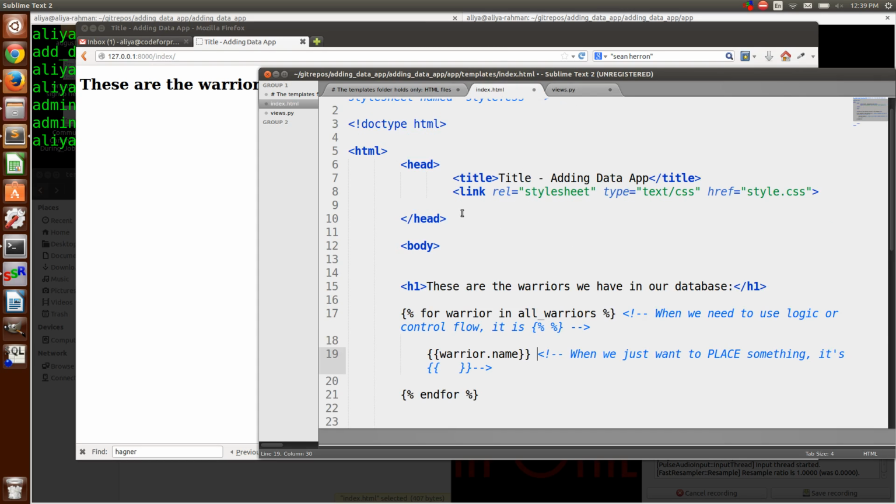So one thing in templates, it can do loops and if statements and placing stuff, but it can't calculate anything. Okay? So it knows how to go through a loop. It knows how to do an if statement. So for example, if we wanted to do this,